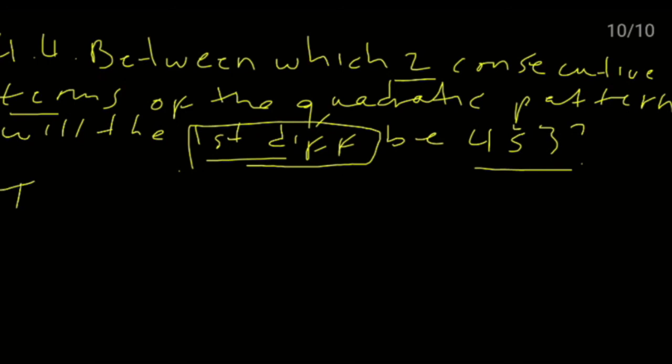Which is given by Tn equals a plus n minus 1 into d, right? Now going back to our pattern, which is 244,